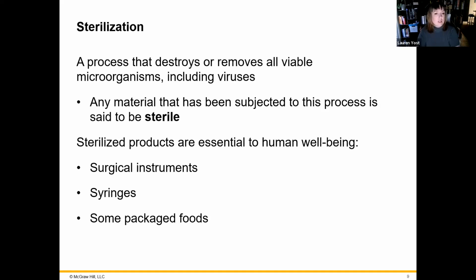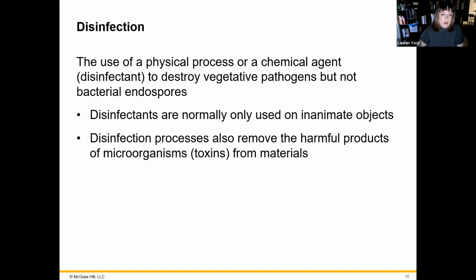All right, sterilization, again, removing all viable organisms. This includes endospores. So any material that has been subjected to this process is referred to as sterile. And those sterilized products are essential to human well-being, especially when we're talking about having surgery. You don't want there to be even any endospores on any of the equipment that your surgeon is using. Syringes that might be used in the medical field, and certain packaged foods, we want to avoid those having any